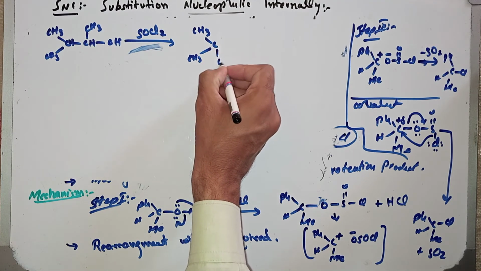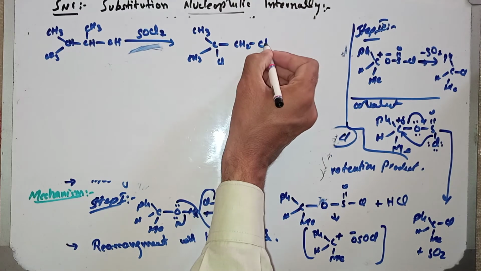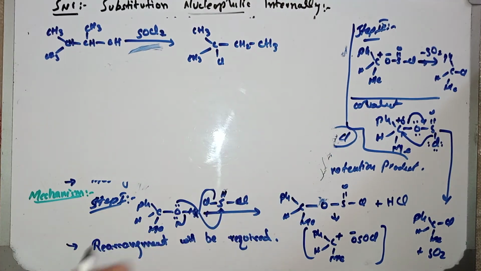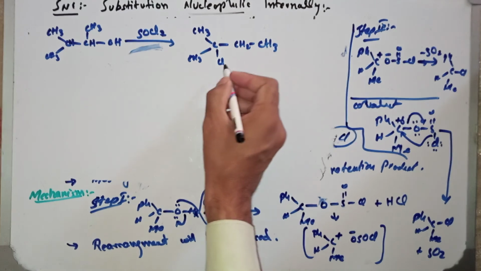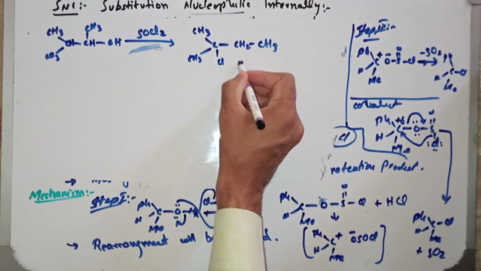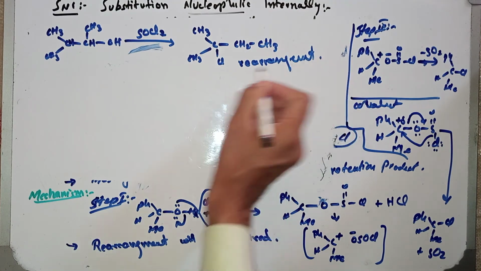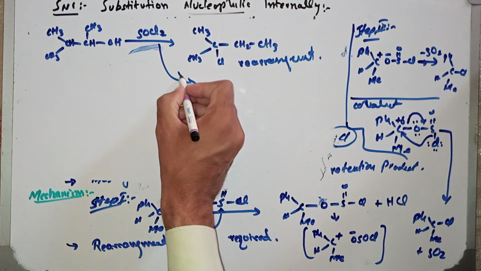This will generate this product, Cl CH2 CH3. This is the product of rearrangement, the product that is formed due to the rearrangement. But the normal product